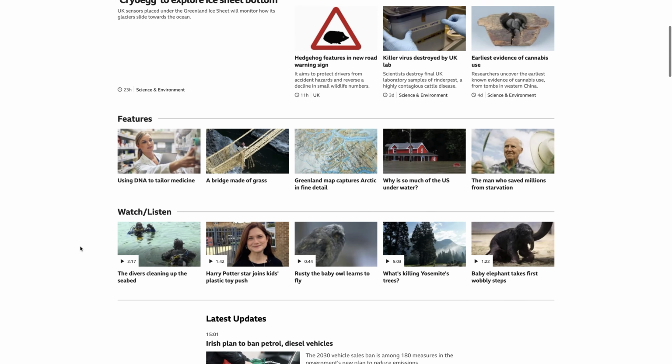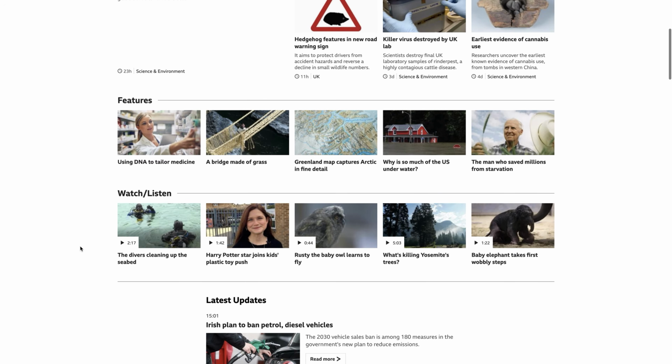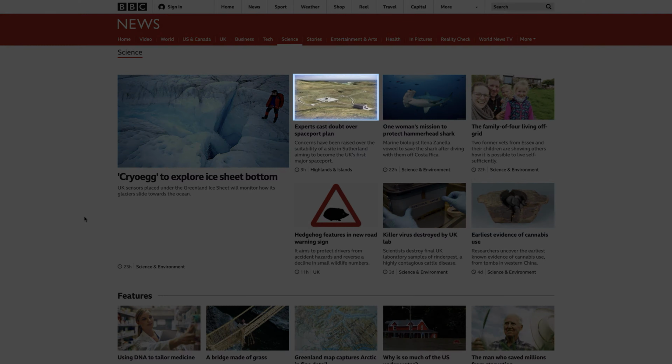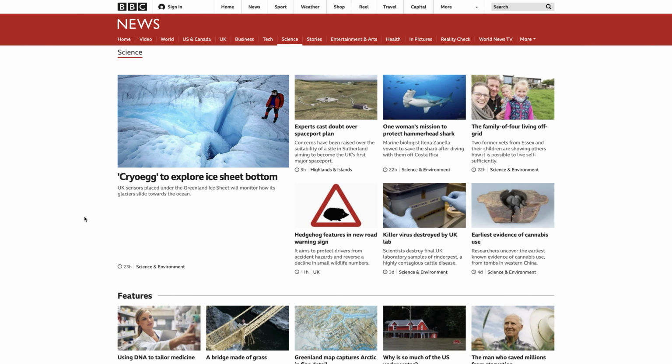What about BBC News? We're on the science page. This is a really solid example of not only visual hierarchy, the featured article gets significantly more visual prominence based on the size of its container and the size of the heading, but it also serves as a great example for repetition. Each article has an image, a headline, a brief thesis or summary, and at the bottom, the time since publication and the category. This consistency makes the homepage simple to browse, even though it's packed with tons of content.